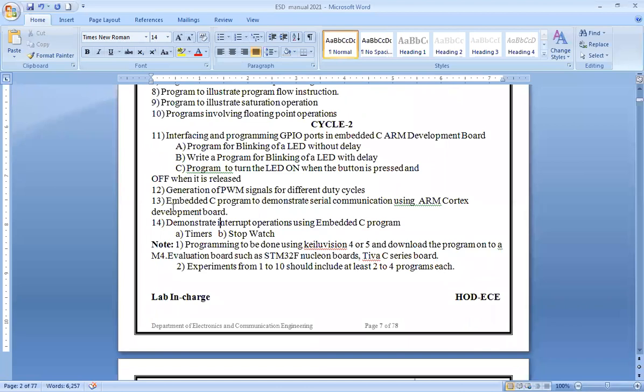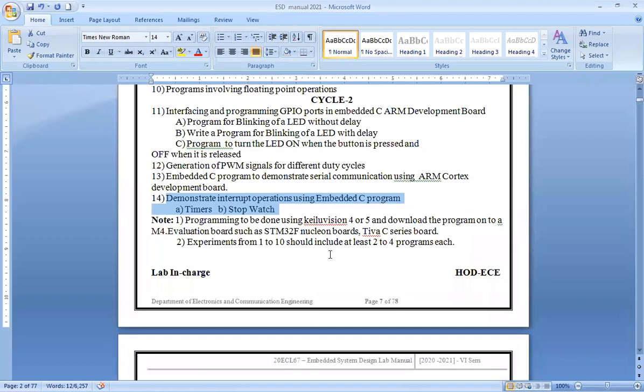Then demonstrate interrupt operations using an embedded C program, that is timers, stopwatch, all those. So we will have at least about 3 to 4 programs for your interfacing.